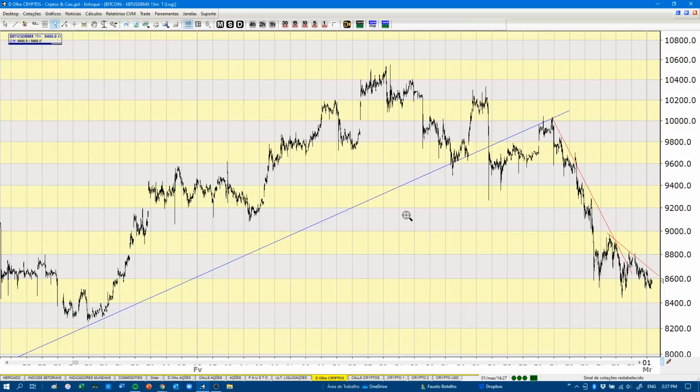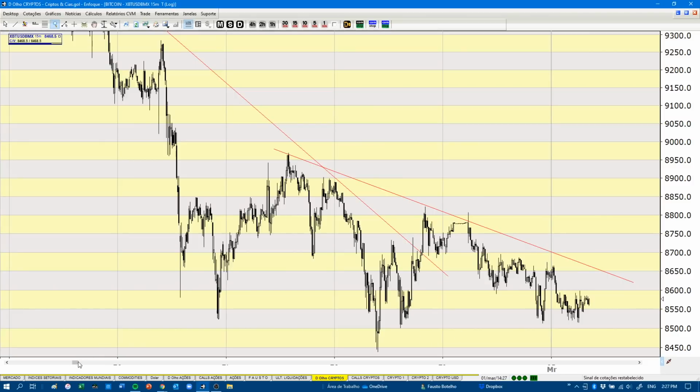Well, in the morning today, someone looking at the S&P, at the Bitcoin chart, would have seen a probable head and shoulders formation, because the market was close to this low here, 8,200, and it was kind of hard for it to make a new bottom. And then in the morning, all of a sudden, I'm going to use this tool here, the market starts to go up and it breaks the